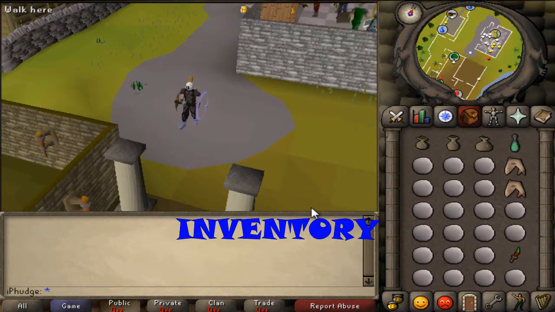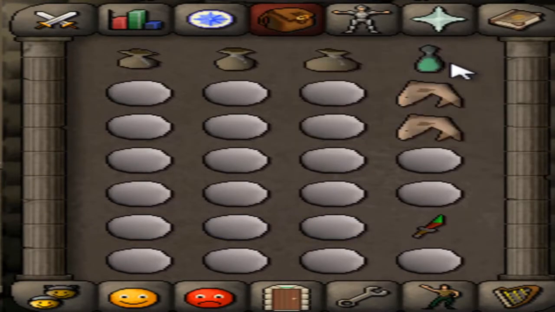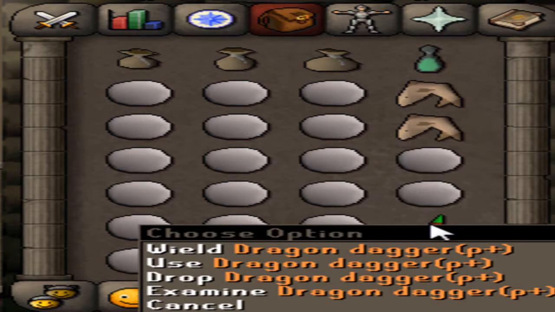Now basically what I use is all my rune pouches, an emergency teleport. In this case I have an ectophile. These can be switched out for teletabs or runes. 2 pieces of emergency food. I suggest the highest possible food you can get your hands on. In this case I have sharks. And then we have an optional,